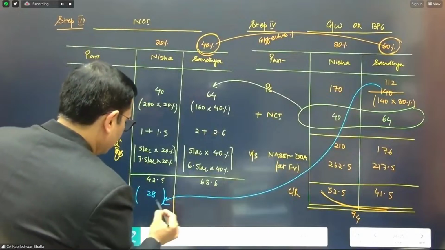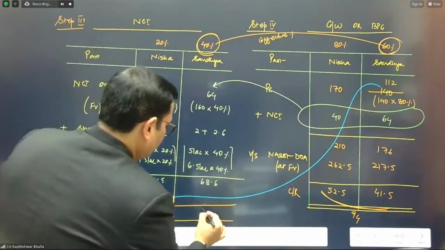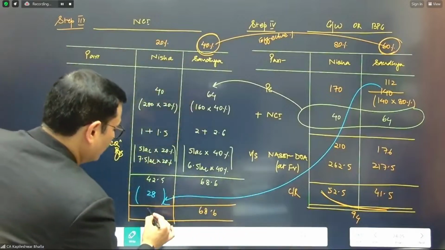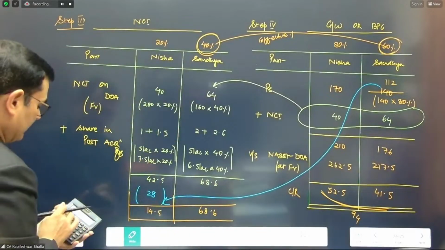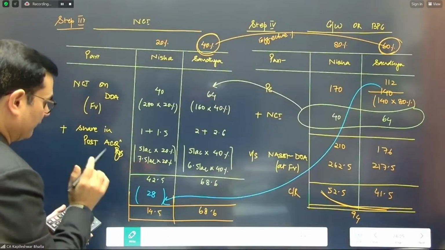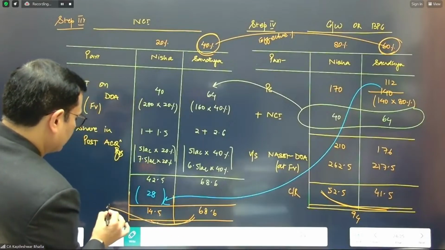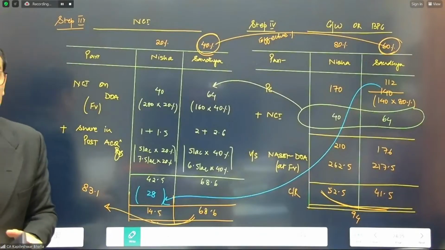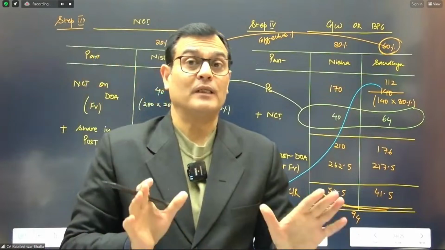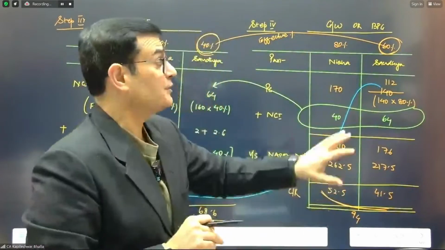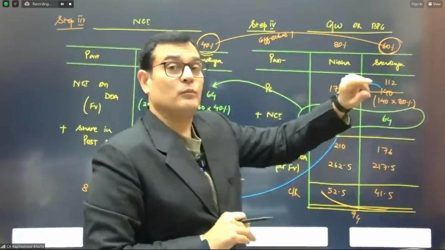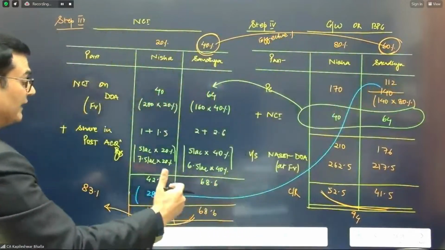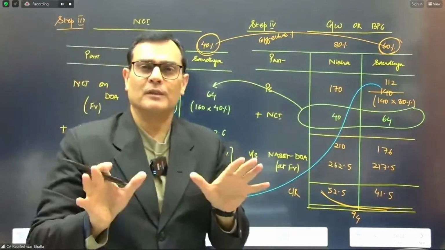So let me see what is the NCI as well. That remains at 68.6 and this works out, I guess, at 14.5. So 68.6 and 14.5, if you take the sum total of this, it comes to 83.1. Right, so this is what you need to do in terms of the Goodwill and NCI. So right now, the focus is 80% of the investment is taken in goodwill and 20% of this becomes a reduction to the NCI. Why it is a reduction, we'll explain.